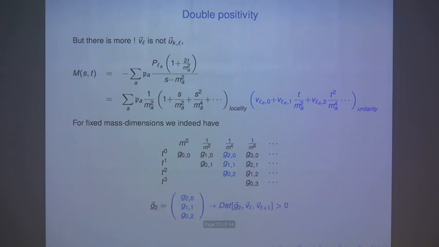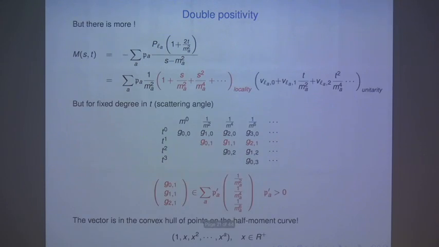So for example, directly already for the mass dimension 8 operator, I can say that it must satisfy an infinite number of positivity conditions, which you get by taking the Gegenbauer polynomial and expanding out for different spins. And for each spin, when it's dotted into this 3-dimension vector, it must be positive. So there's an infinite series of constraints already. But of course, we can look at things vertically, and we can also look at things horizontally.